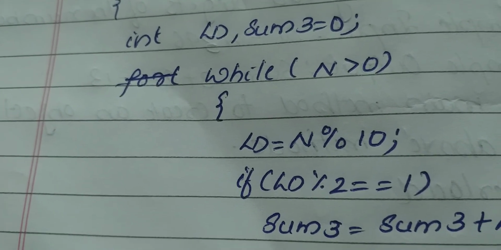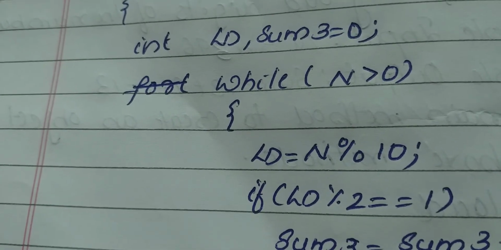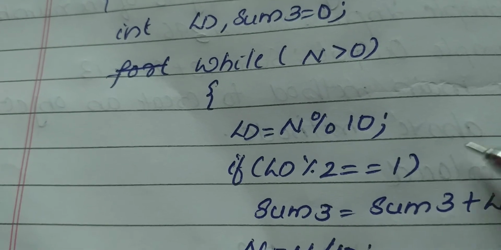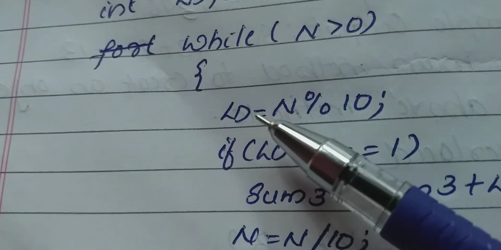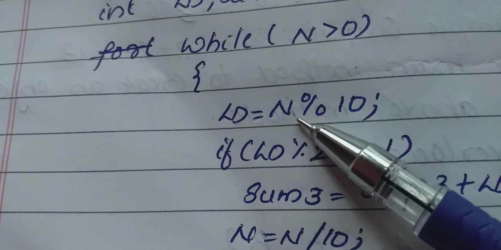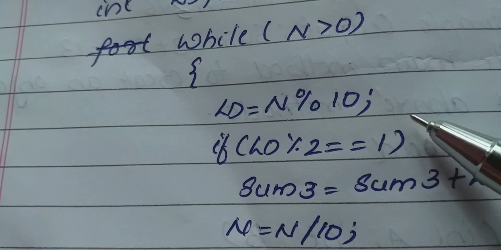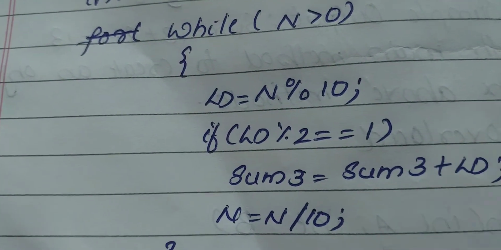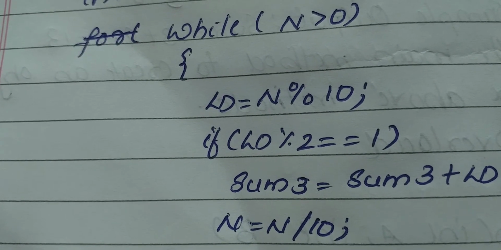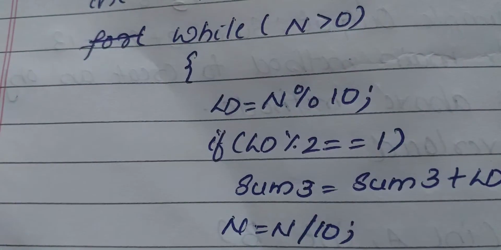So in order to get the ones part, that is the final digit of the number, we can use the modulus operator. That particular extracted digit is to be stored in the variable LD. That is LD = n mod 10. The number should be divided by 10, and we want to collect the remainder. If 321 is divided by 10, what is the remainder? We know that 1 is the remainder. That 1 is to be stored in LD.